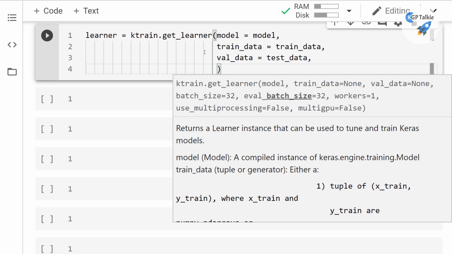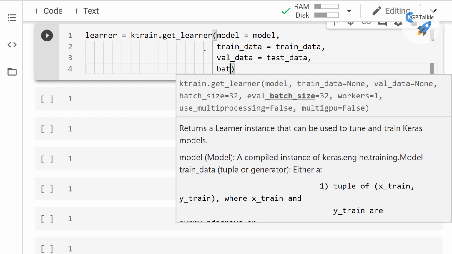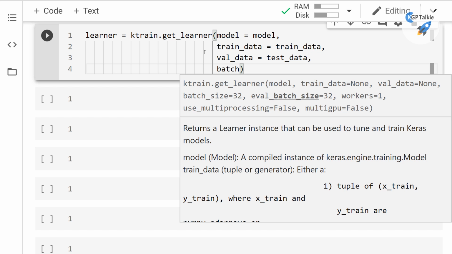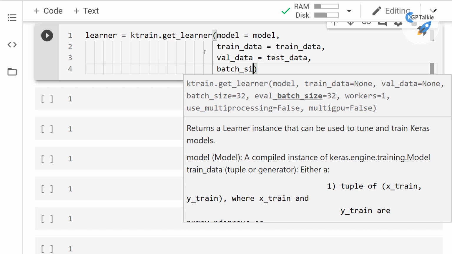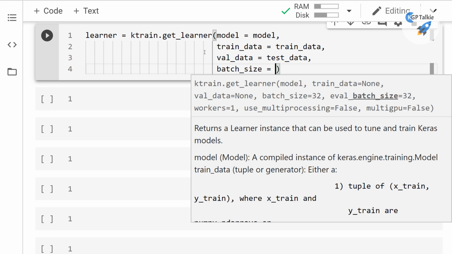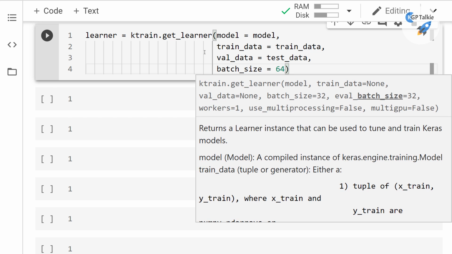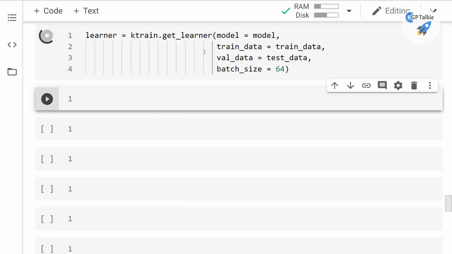And after this I'm gonna use the batch size. So there I have batch_size. The batch size I'm gonna use here is 64. Alright, so with this we have got a learner, and once we have got a learner, now we need